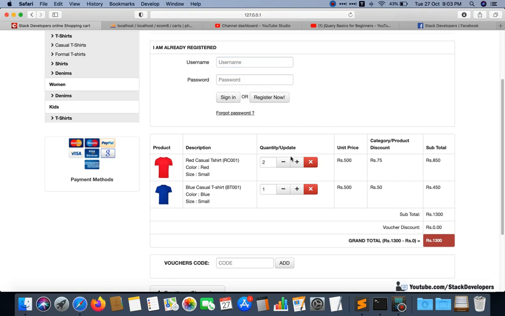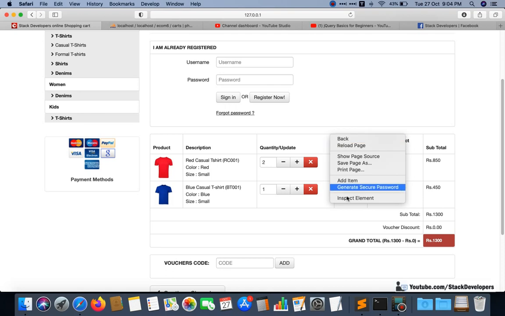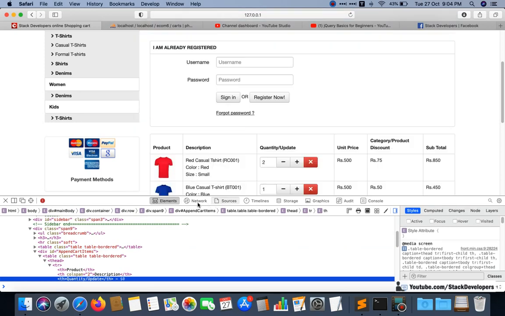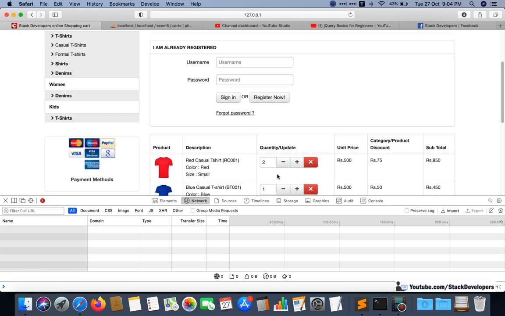So here see, if I reduce to 1, see it is reducing to 1. Current item is 500, 75 is the discount, 425 is the subtotal. Okay, if I click plus, then see, without refreshing any other part, it is going to update. See, I will click on plus. See, it is updating via Ajax too. See, we are not refreshing this page. It is happening with the help of Ajax only, and we are able to update. Okay, and you can see if you inspect that we are passing the Ajax request. Okay, so this is possible with the help of Ajax.